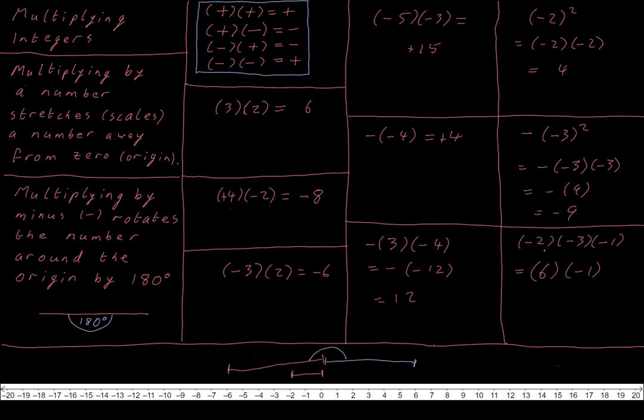Then we have minus 2 by minus 3 brings me down to minus 6, and then up to 6, and then multiplying by minus 1 brings me down to minus